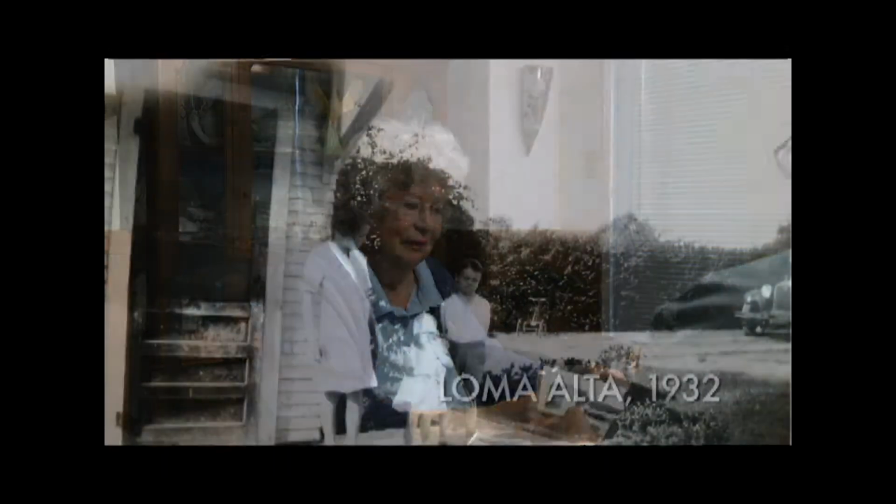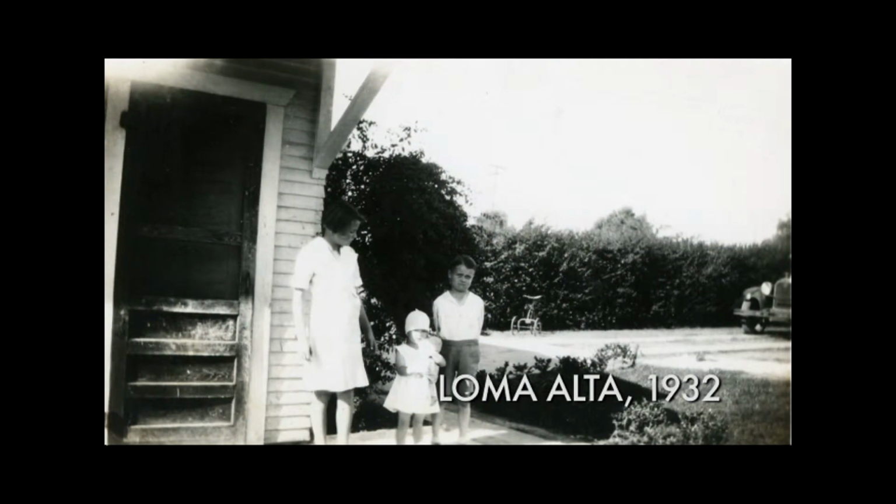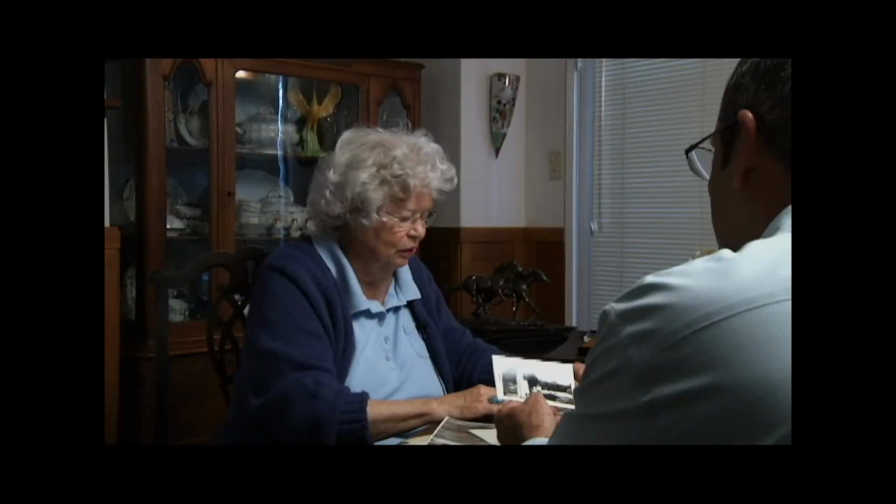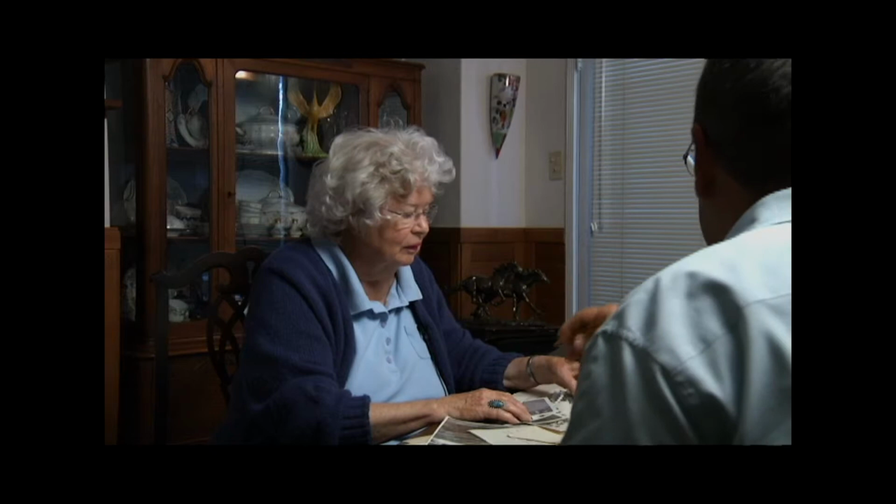That's you right there. Yeah, I'm the little one there. And there's that 47 Chevy in the background. 27. Oh, no, excuse me, 37. 37. Yeah. And then this one too I think is interesting, and we're going to talk about that